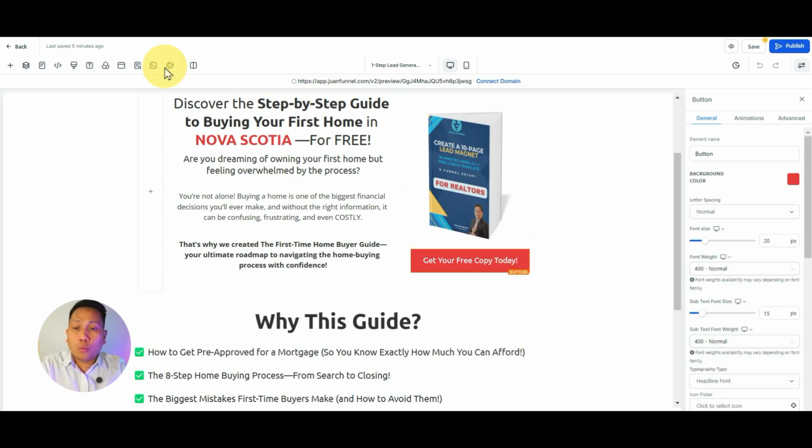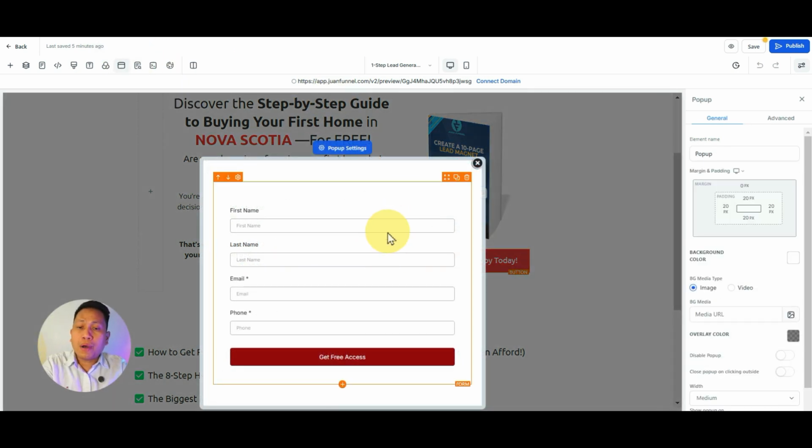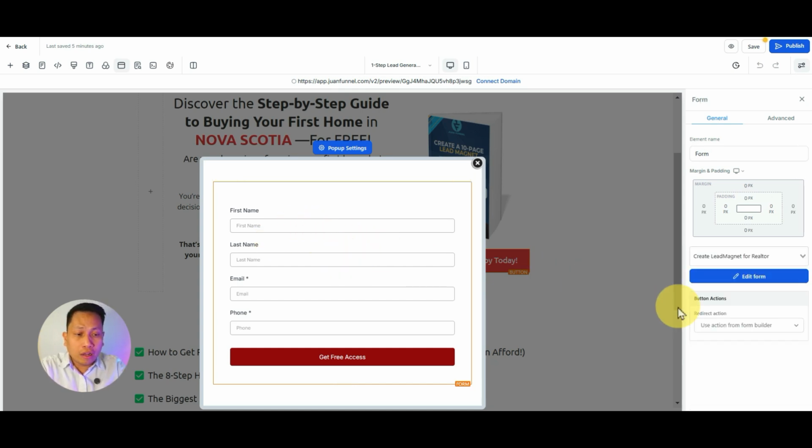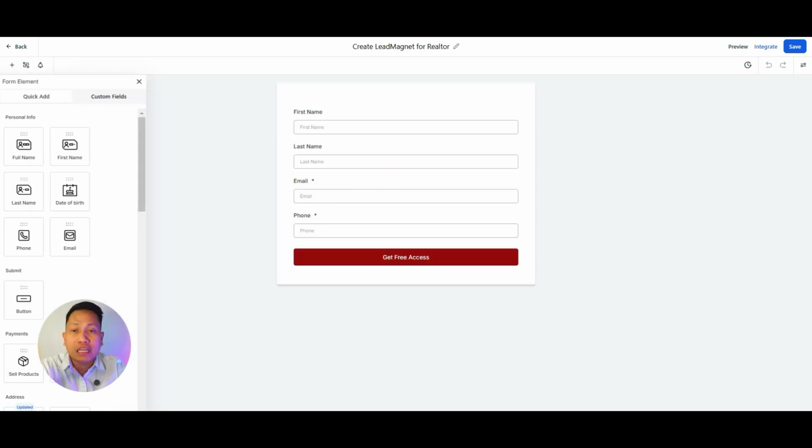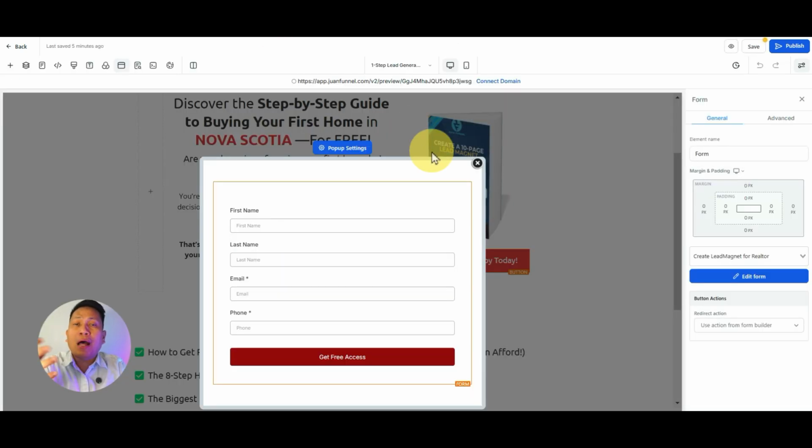If I click this, it will pop up here. So when you say pop up, there will be a pop up screen. This one, which is the online form. To edit this online form, just go to edit form and you can simply edit the form if you want to add more information. My pro tip for you is don't add too much information because some people are not comfortable filling up a lot of information. They are not comfortable sharing vital and confidential information. So I'll basically ask for the first name, last name, email, and phone number. That's it, right? Then once they click it, it will go directly to the PDF that we created.